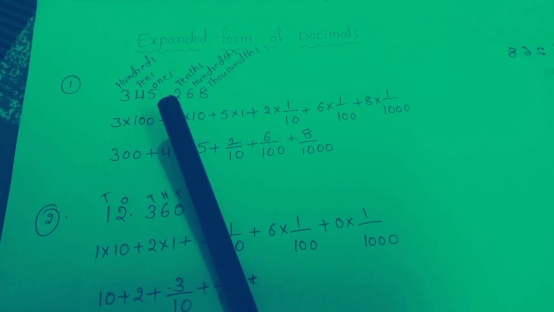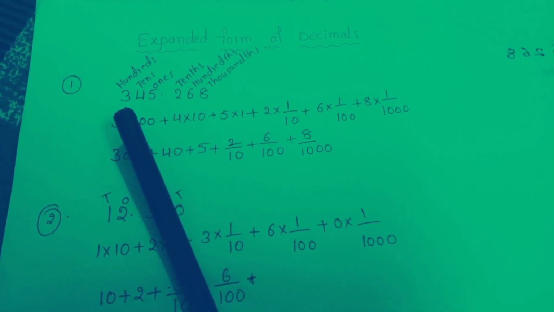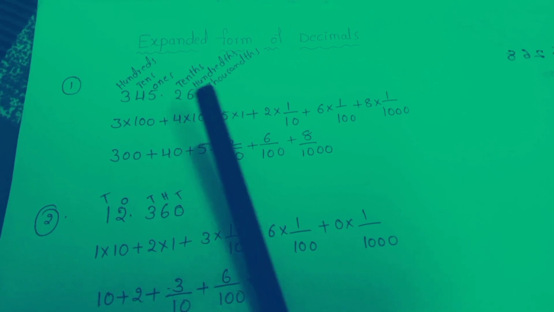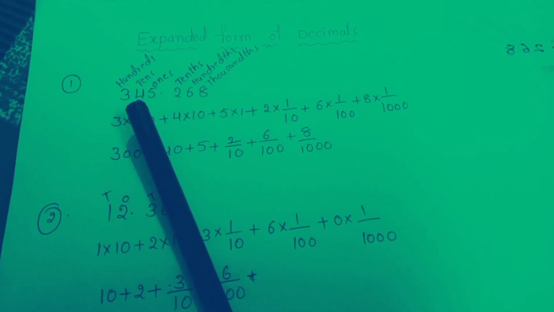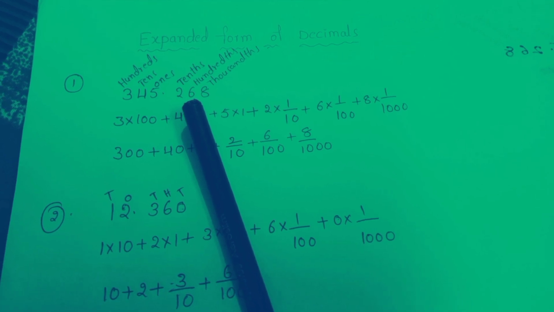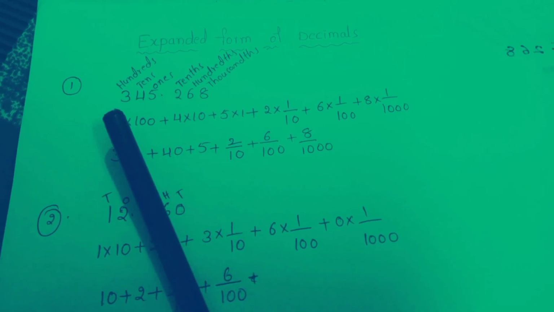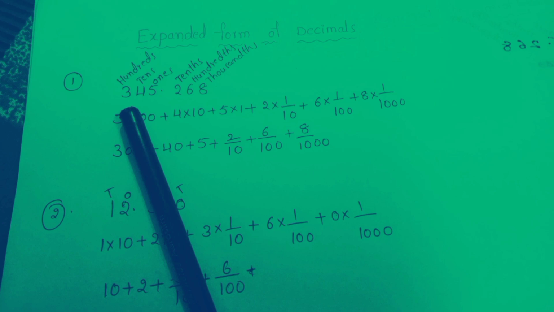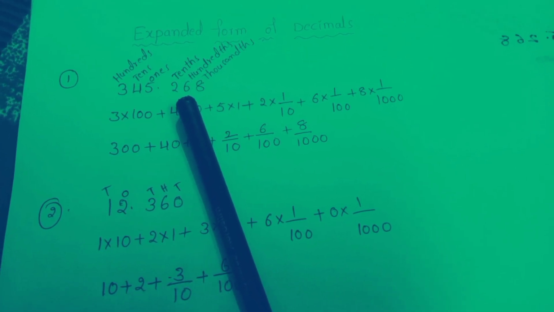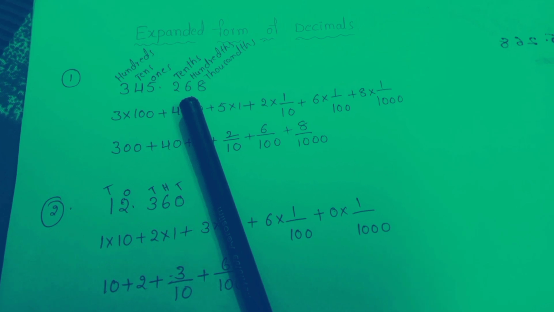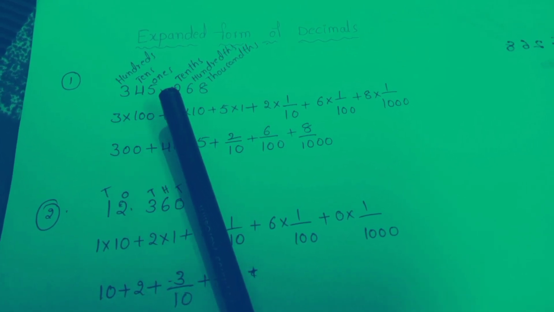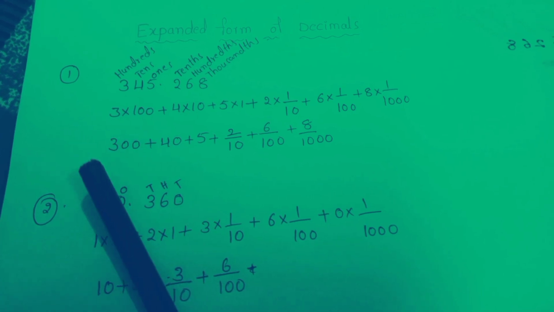This is the decimal point. Before the decimal point is the whole number, after the decimal point is the decimal number. Here TENS is tens, and TENTHS is tenths, that is the difference. Here HUNDREDS is hundreds, and HUNDREDTHS is hundredths, so that is the difference.